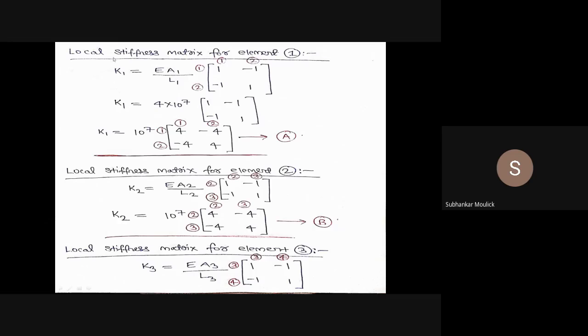So first of all, let us find out for each and every element what the local stiffness matrix is. For element number 1, the local stiffness matrix is K1, and we also know that it is given by which relation? It is given by K